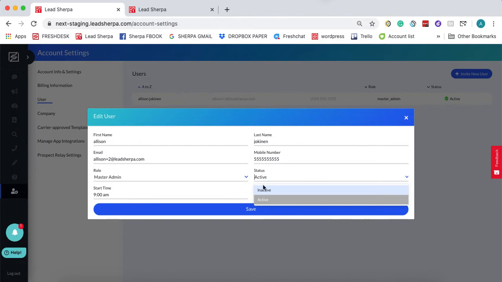Active or inactive, so we're not deleting any users. If somebody leaves the company or something happens, you just set them to inactive. They'll never be able to access ever again. And then each user can also have their own times. So again, so that the average response time for them is accurate in your dashboard, because maybe some people work in the morning, others could be working in the afternoon, and so you can set the time that they work